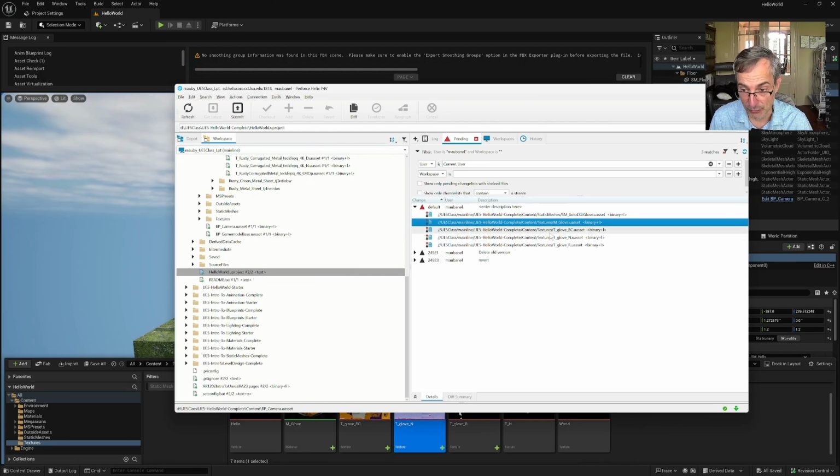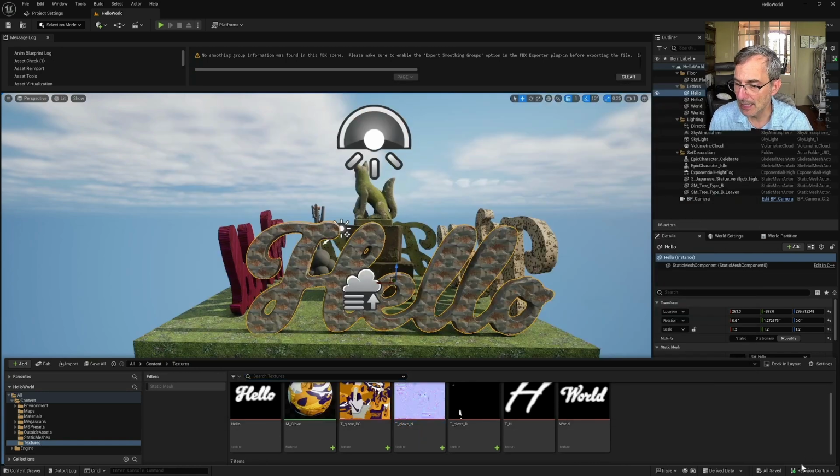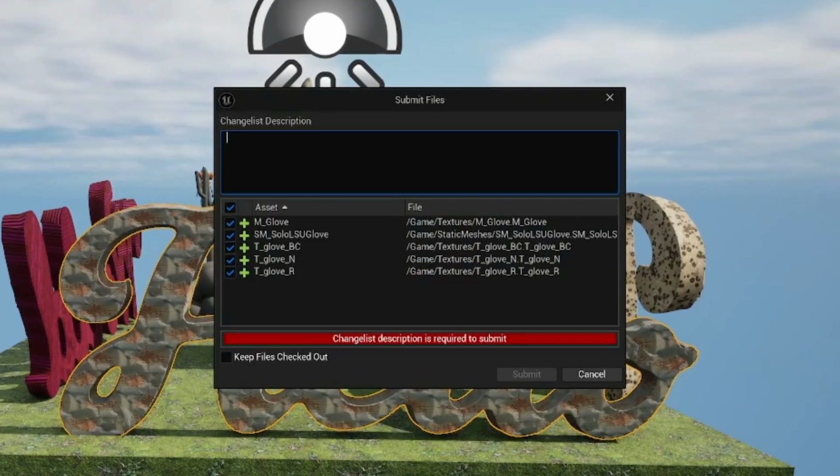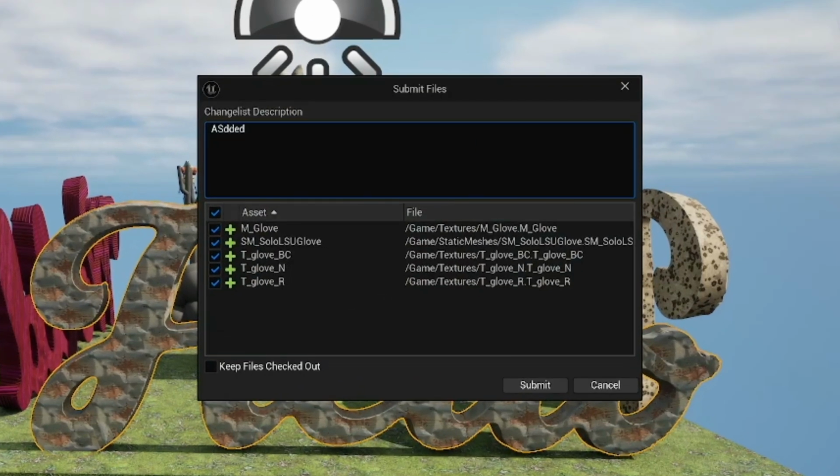My static mesh, a material, and three textures. So I can submit this. And again, it's probably a good idea to do it through Unreal, but in this case, it doesn't matter. But let's just do it through Unreal. And I'm going to go added files